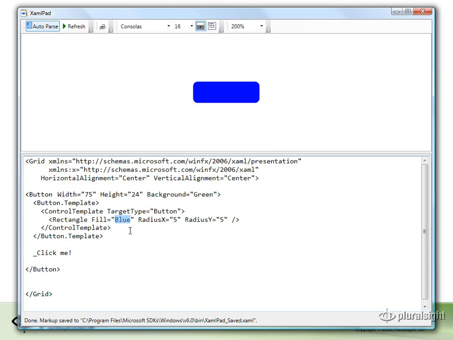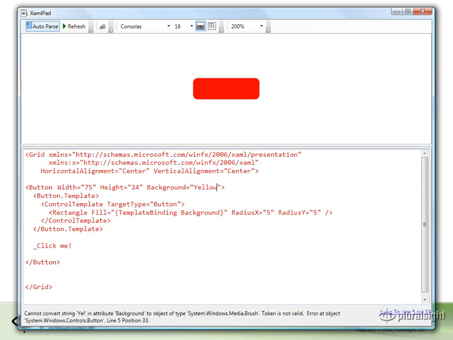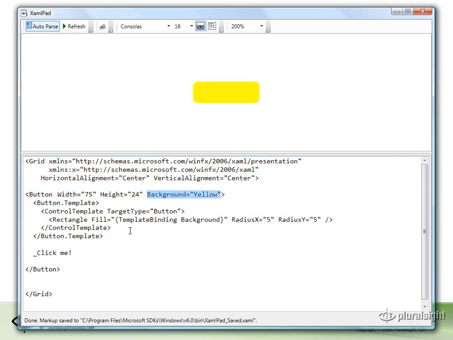And we do this using a special syntax. It looks like this. I say template binding, followed by the name of the property. And now the fill of the rectangle is reflecting the chosen background color of the property up here. Whatever I type in, it will appear. And if I get rid of this completely, it will revert to the standard background of the Vista Aero button, which notice has this slightly shiny look. That's actually achieved using a multi-stop gradient fill, so it has a sort of slight look of a reflection about it. Let's put back a slightly simpler